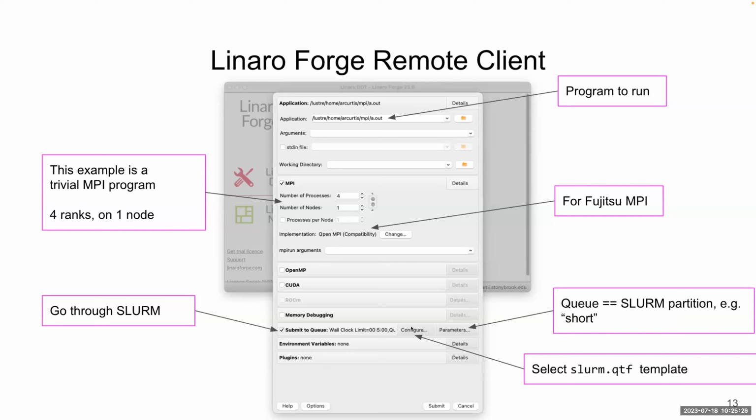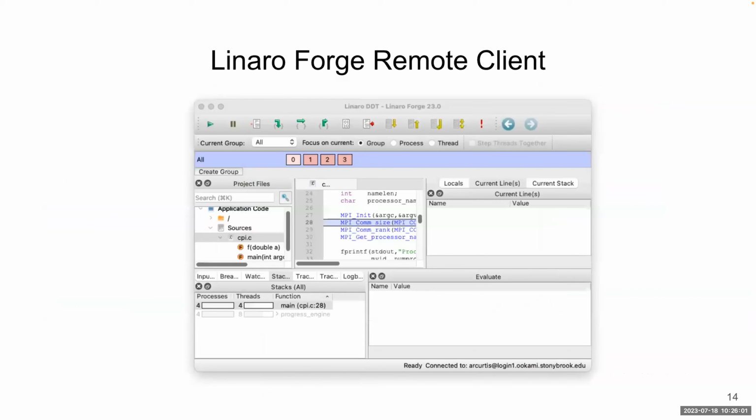And then in configure, you can select a template, or you can create your own template if you know what you're doing, that matches the job scheduler on your system. So I just selected the Slurm template file, and that works fine. That's just telling Forge how to recognize job numbers and the commands that it uses for submission and canceling jobs and other things as well. So I do all of those things. It's quite simple, and I just click submit, and